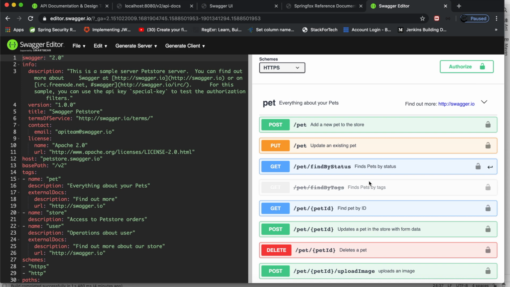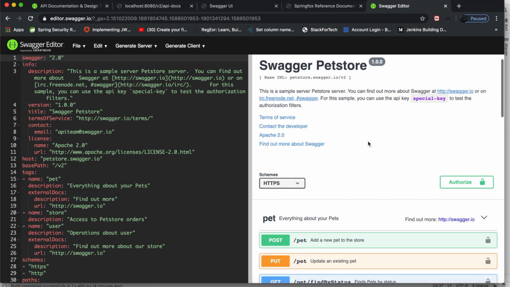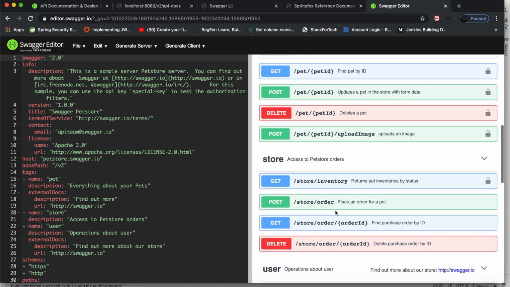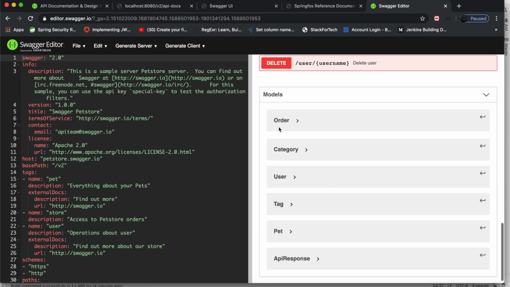By the way, this is the latest version of Swagger UI. This is how it looks, the controllers and the details about them, then the models related to each controller. On the left hand side is the raw JSON, which is shown on the right hand side as a UI. Whatever you change on the left hand side in the JSON will get reflected on the right hand side, so you can play around with the Swagger JSON file.